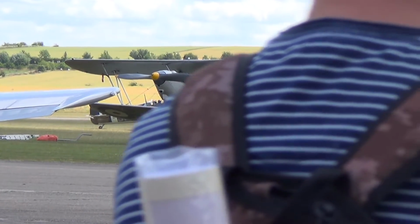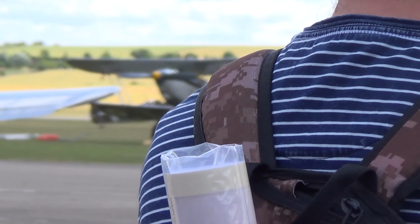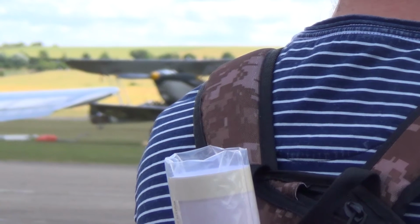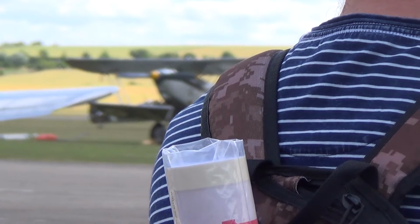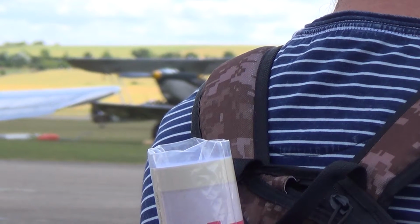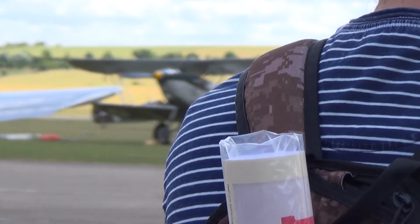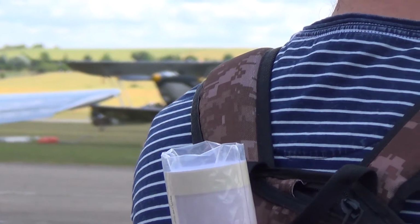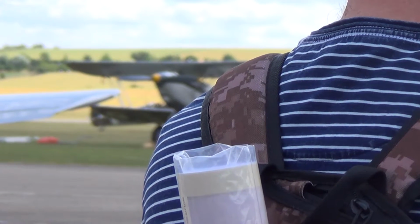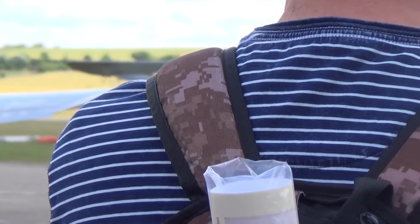One will use the grass runway closer to us for high-speed passes, and then after that you just pull up and you do a turn on top of the pull-up and you come down again at high speed, while the others, the Merlin engine Spitfires, will go above the secondary axis, which is the farther from us, near the hard surface runway, and they will perform very gentle and very elegant lazy eights, using much less speed at the bottom of the